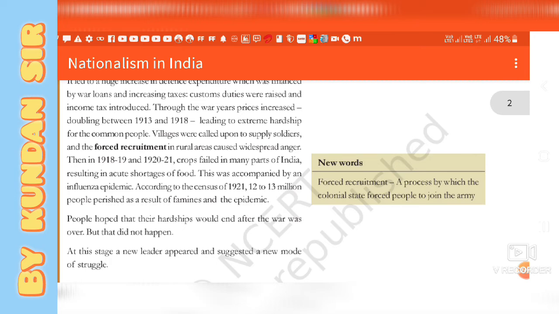अगर फर्स्ट वर्ल्ड वार हुआ तो वो किस तरह से आर्थिक, राजनीतिक और सामाजिक इन पहलुओं पे हमारे देश, हमारी दुनिया को प्रभावित किया। The point number 1, that is the huge increase in the defence expenditure, means every country started increasing their budget with reference to defence, means सभी देशों ने अपने अपने राष्ट्र के जो रक्षा बजट था उसको बढ़ा दिया।